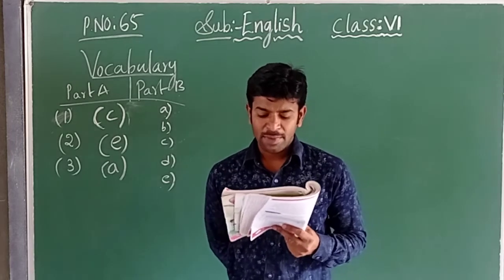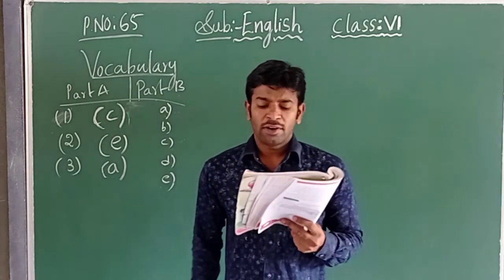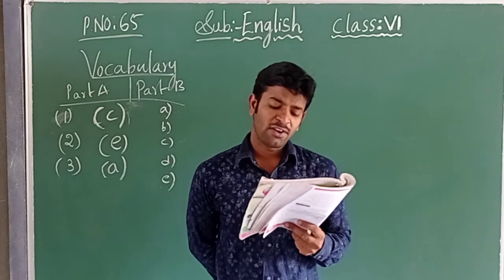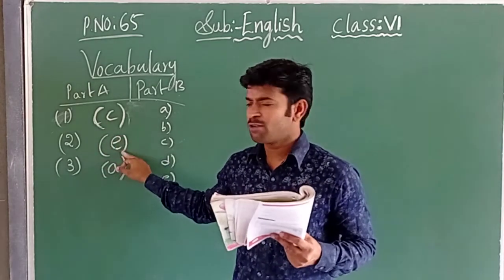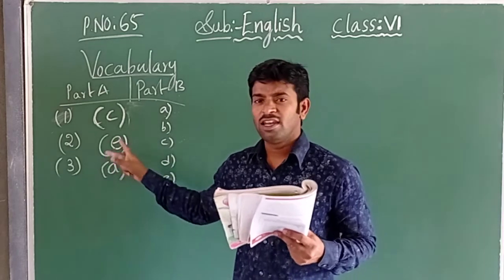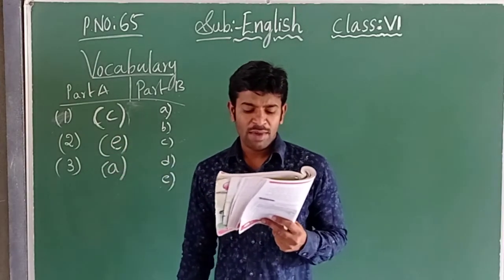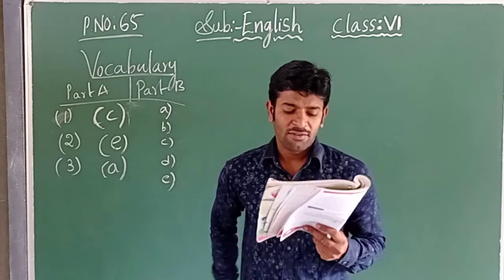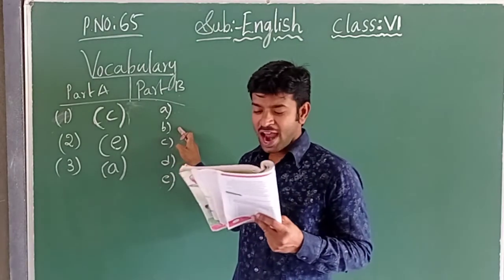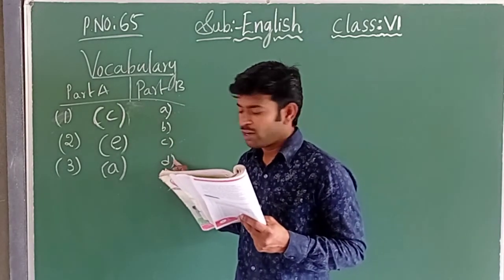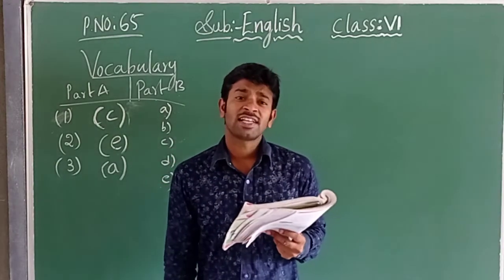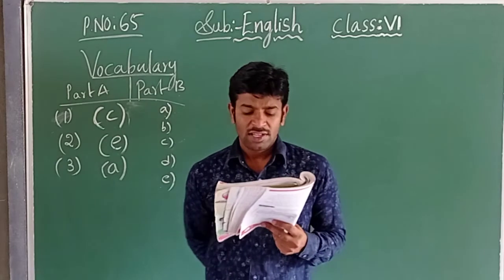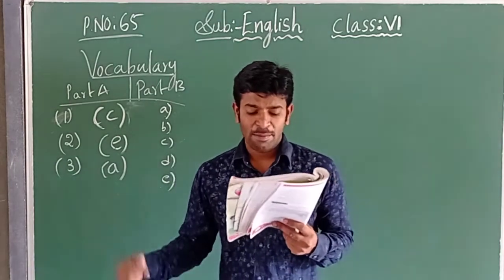Sap. Sap means what? Important part of our food is finished, useful for human life is finished, useful for trees is finished. These three options, children, C, E and A, leave them. Remaining two options are there: B option and D option. B and D are empty now. Now let us see which one is the correct answer for the sap.